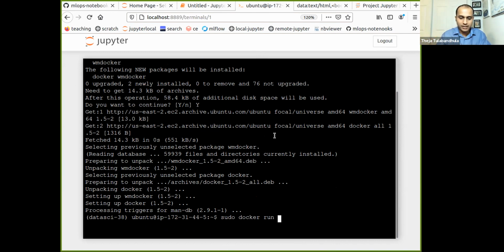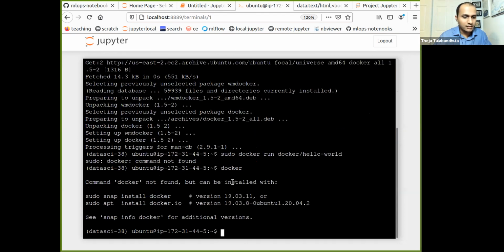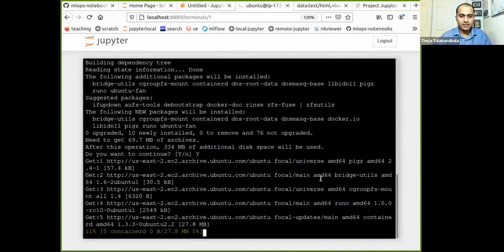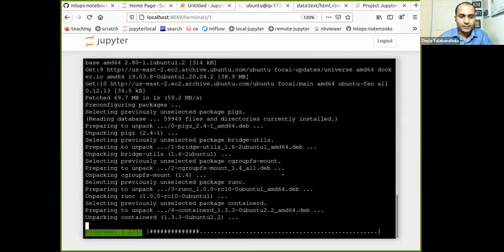For example, if I run docker/hello-world, then it says Docker not found. Okay, I have to install it this way. This is how we install Docker.